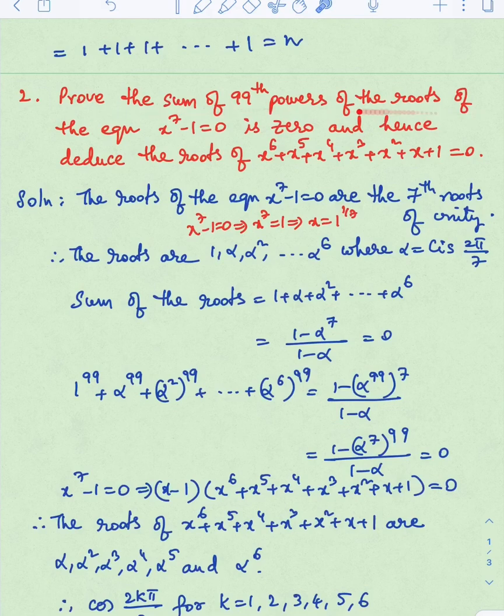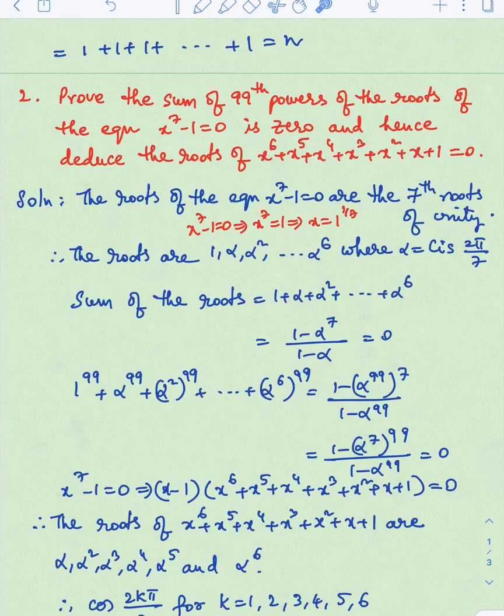Okay, it is over. Now let us see the question. Sum of 99th powers of the roots of the equation. These all are the roots, no? So their 99th powers mean 1 power 99, alpha power 99, alpha square power 99, and so on till alpha power 6 whole power 99. Put power 99 in place of r, because the common ratio here is A2 by A1, alpha power 99. And here also 1 minus r means you should take alpha power 99.